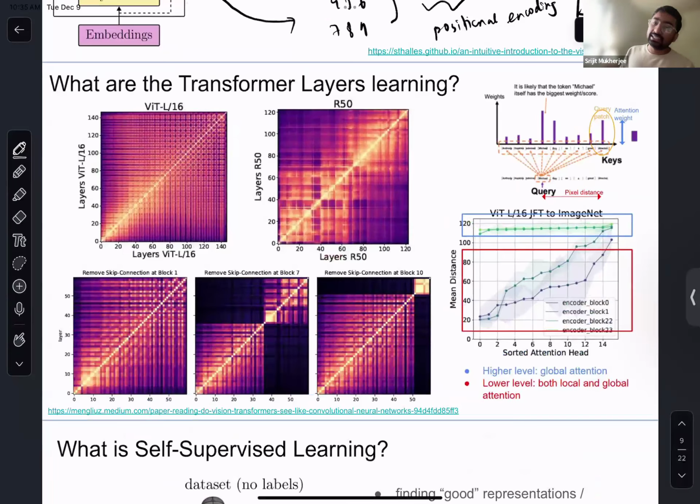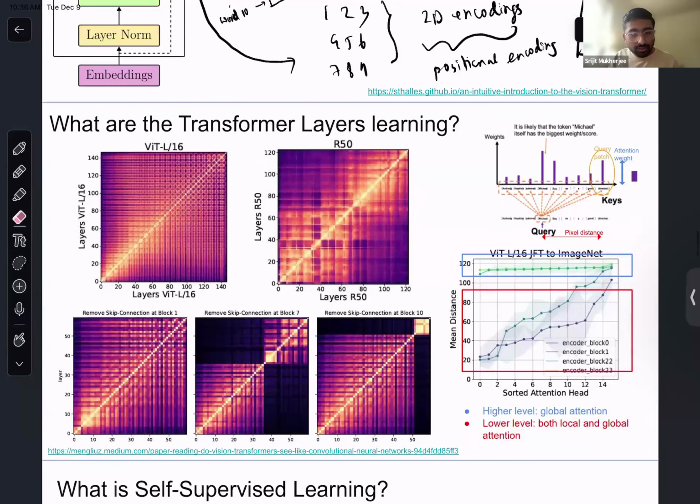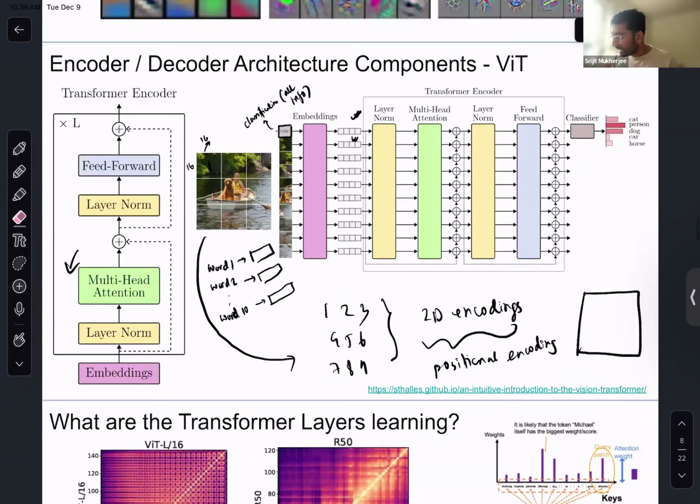Okay, now this slide will take some time, and I want to actually spend some time on this slide. What is this transformer layer learning? What are the fundamental aspects of this transformer layer? And this image, you cannot understand what it's doing, so that's why I need to explain. This is from a paper from 2021. Actually, it's a nice paper which asks: do vision transformers see like convolutional neural networks? For example, in convolutional